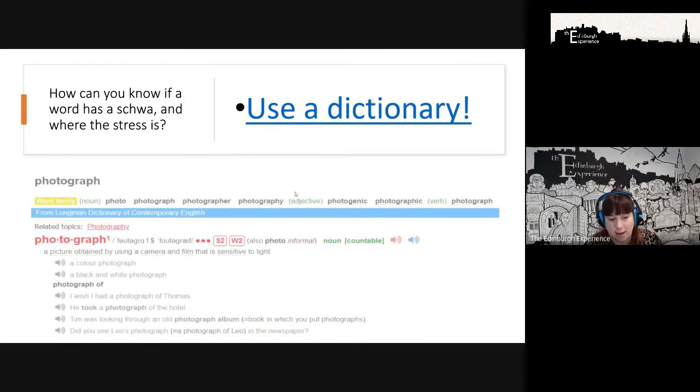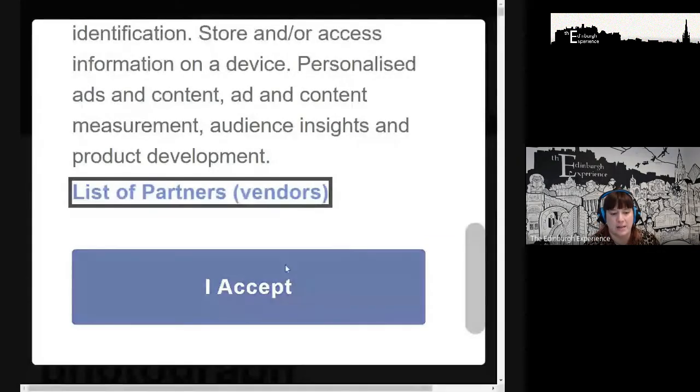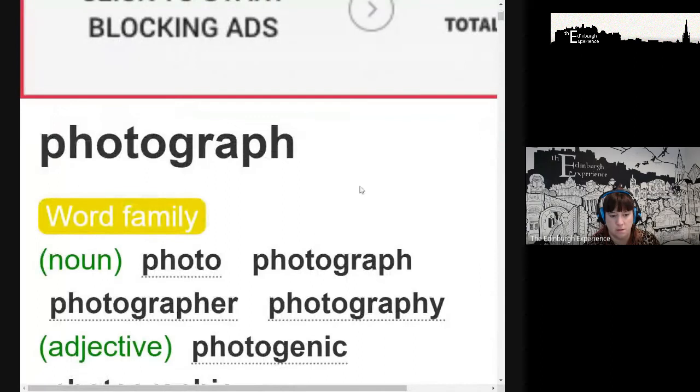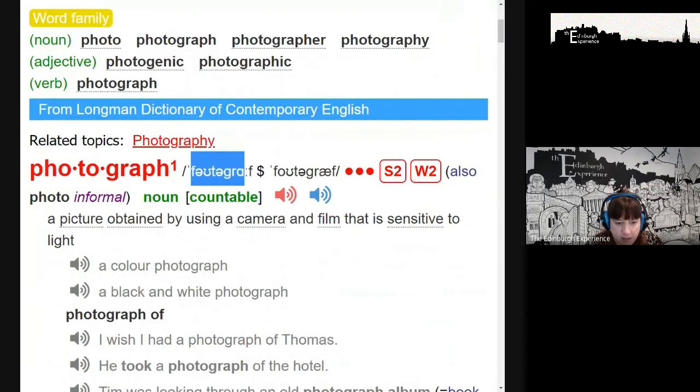So if you look at, this is the Longman dictionary, but you can do it with basically any decent online dictionary. It will do this for you now. You want to look at the phonemics, okay? So I'm just going to go to the web page so you can see it a bit bigger. Oh, that's a bit too big maybe. There we go. So if you look here, guys, right, that's our